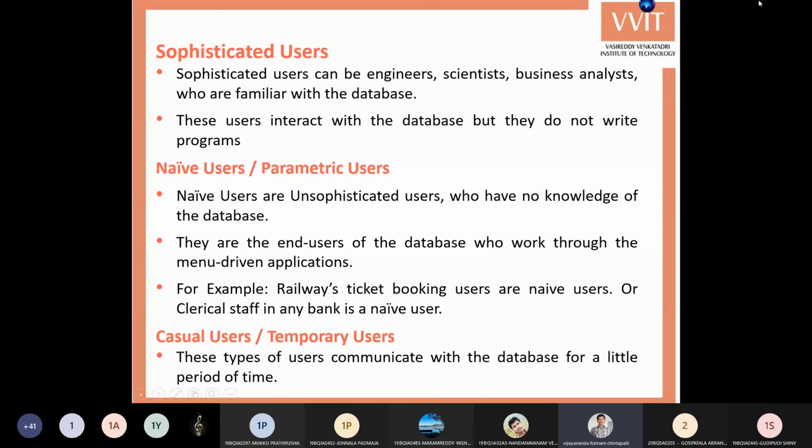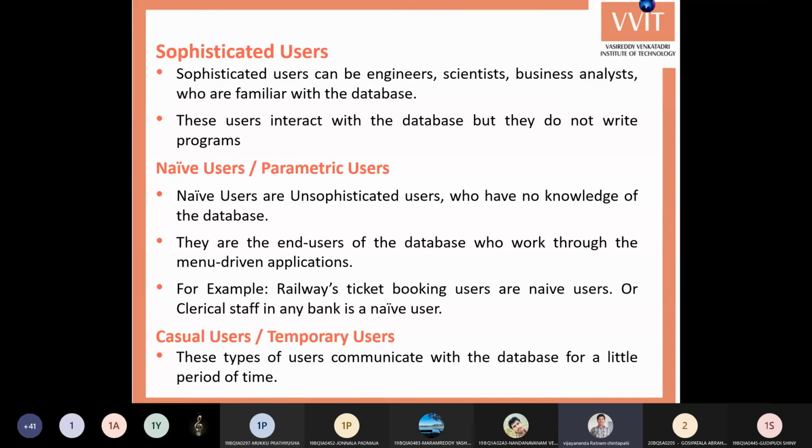You can book a ticket in two ways: through the railway counter and also by using the website. Here the clerks continuously use the railway ticket website.